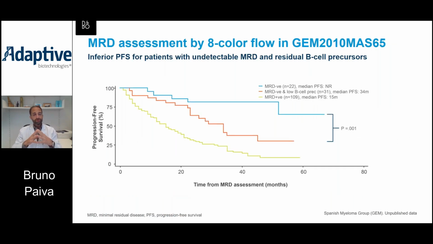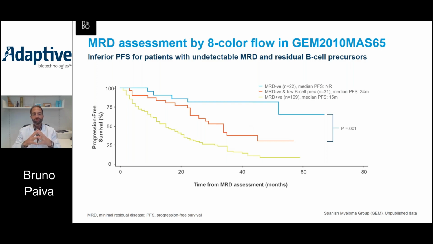Another area of improvement is to pay particular attention to the quality of the sample. Please make sure that the sample that is being used for MRD assessment is representative of bone marrow and is not hemodiluted. This is unpublished data by the Spanish myeloma group, in which we have found that among patients with MRD negativity by flow, the blue and the red curves,